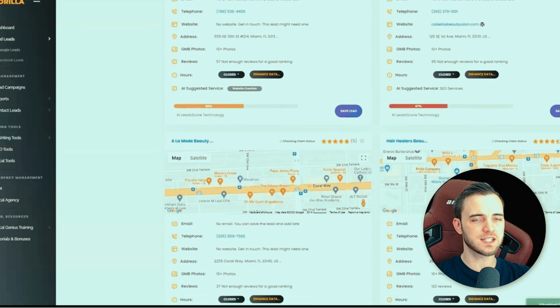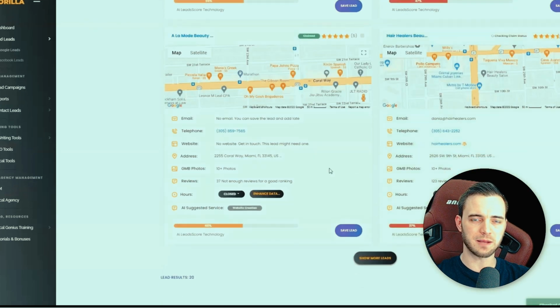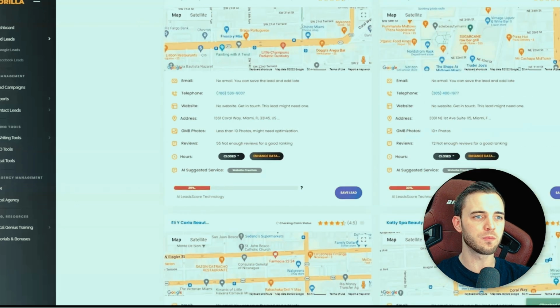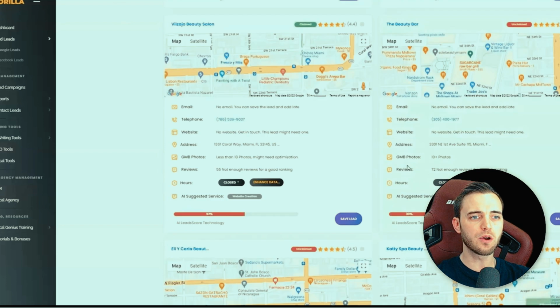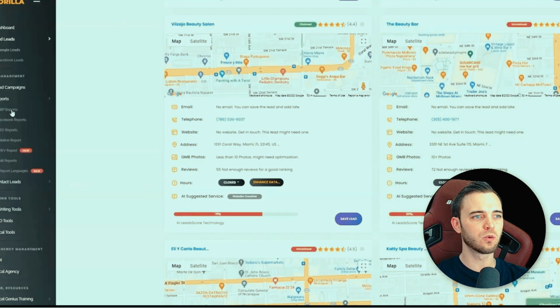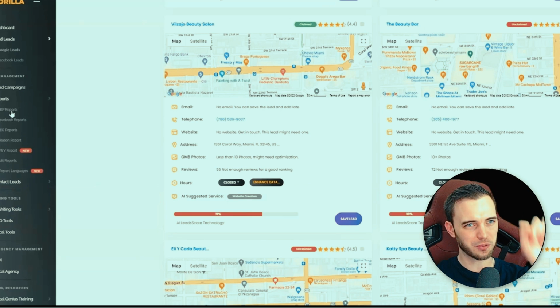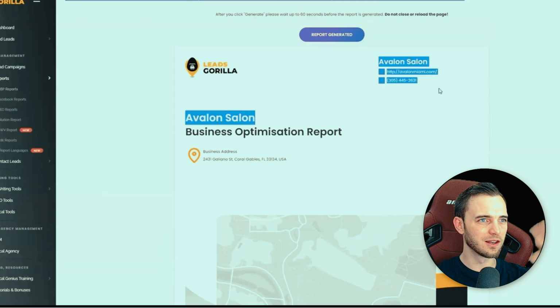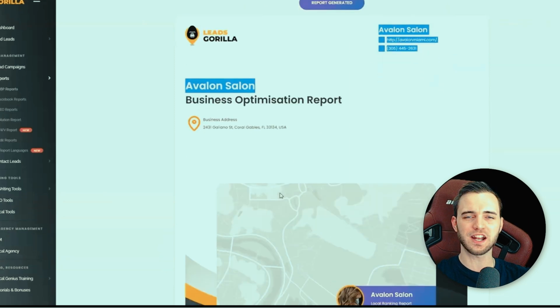So you're paying for a service here with LeadsGorilla that's essentially just going to give you the same thing as Google Maps does for free. So not fantastic. The benefit of LeadSniper in comparison to this, right? The LeadSniper Google Maps Scraper lets you go through a whole list of stuff here, and it's just going to automatically get you all of those locations. Whereas this one, it's one niche and then one location. Press search, you go through all the results, and then you have to do that again and again, and have this kind of work loop, which is going to take you so much time just to generate a data sheet